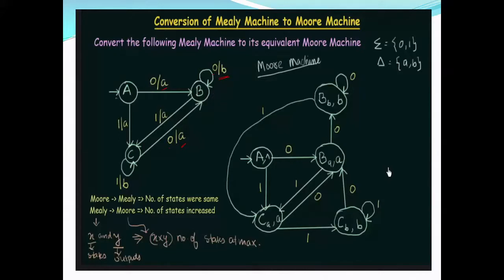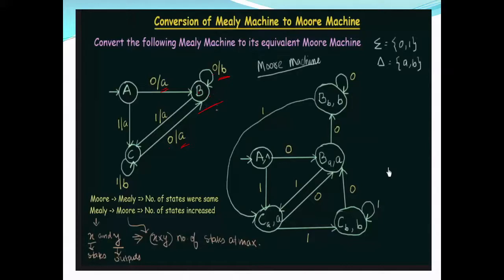That means even though you are entering into B, when you are making a transition from some state to B, which can be the same state, in two places you are getting output A and one of them is giving output B. That means entering into B is giving you two different types of outputs. But a Moore machine can give you only one output for one state. Then what should I do? I simply replicate this state into two, where one state will give you A and another state will give you B.